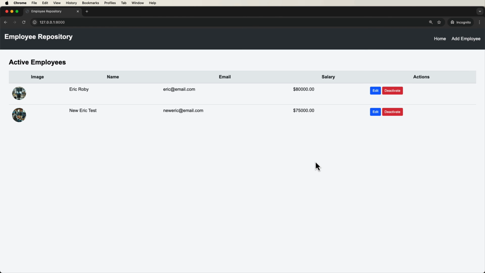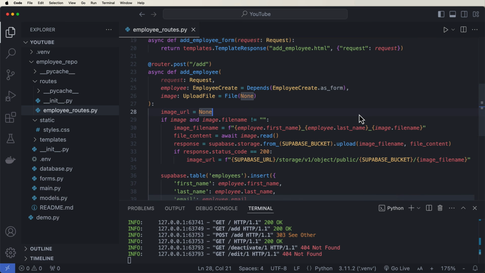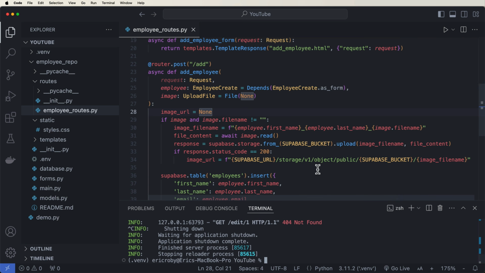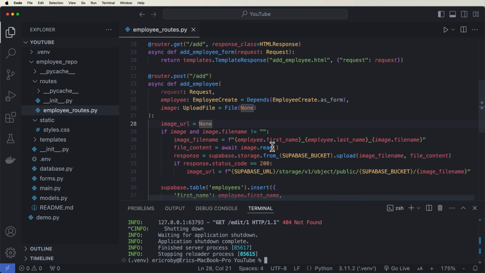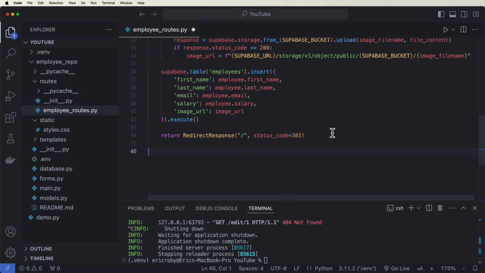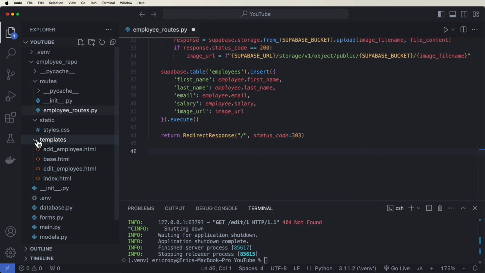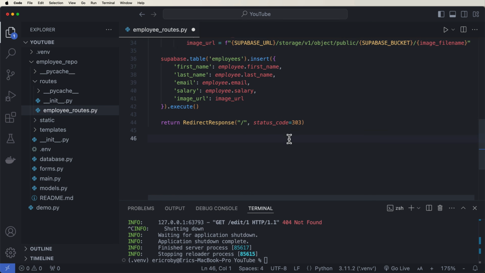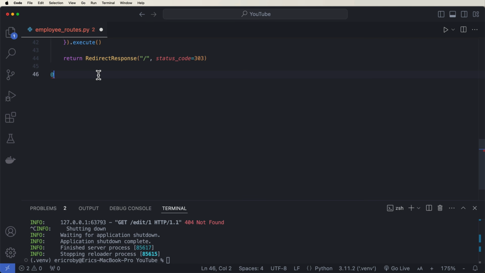All right, so now what we need to do is enhance our application to be able to use these edit and deactivate buttons without our application just crashing when clicking on one. So let's go back into our application and let's scroll to our bottom after our last post. Now, what we want to do is when a user goes to that edit page, we don't throw an error, but we return them to our edit_employee.html file, which is also inside our templates. Now, we can do this by saying